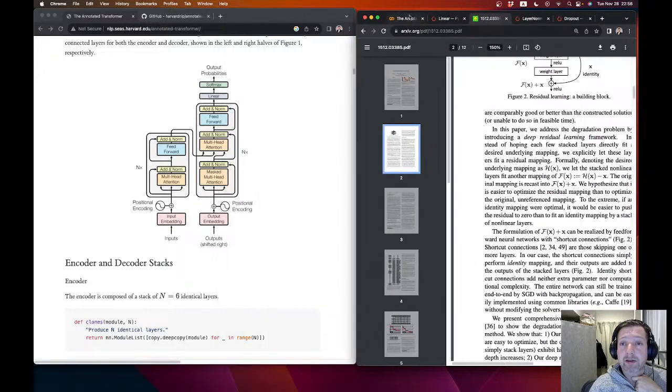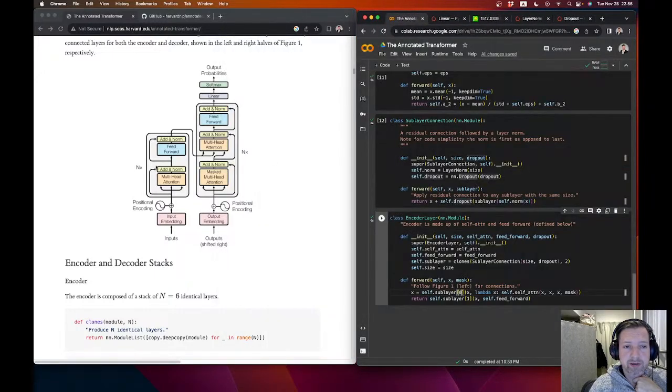So they add this sort of shortcut connection here, and then that's added to the output of this sublayer and normalized with the layer norm, right? So that's basically what this sublayer function here does. And we have two clones of this. Take the first one, and then sublayer takes